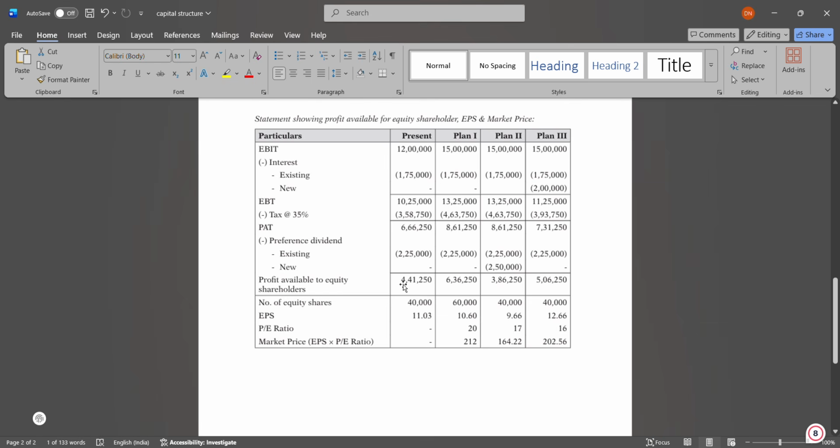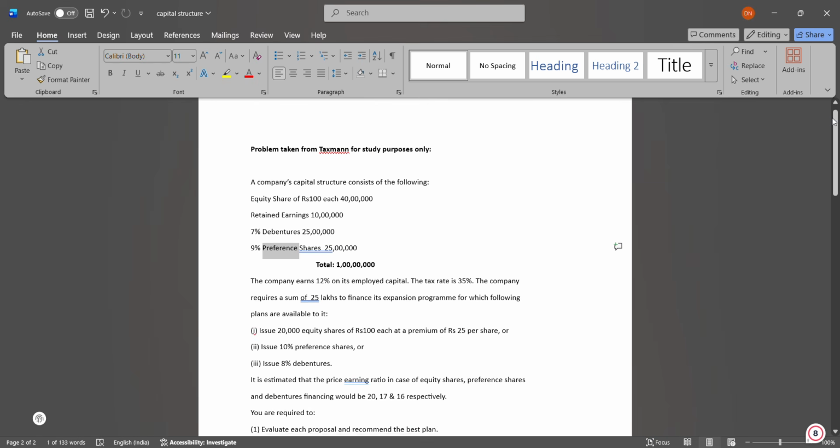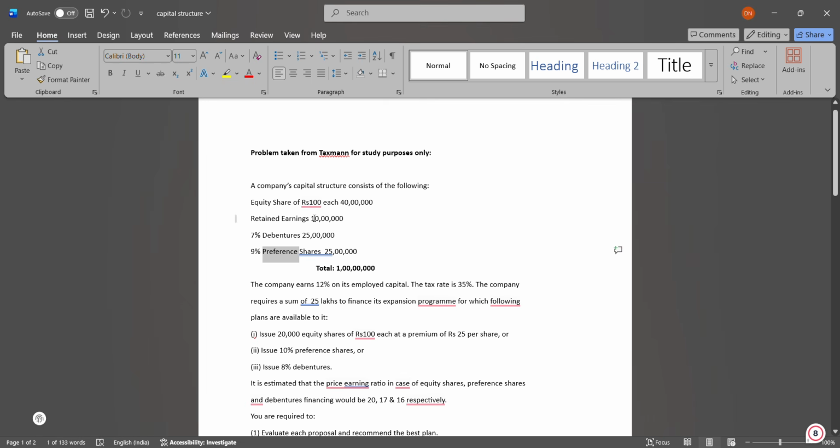So now after deducting the amount, we get 4,41,250, 6,36,250, 3,86,250, and 5,06,250. Now, this is called earning to equity shareholders. Okay. Now, let us calculate the number of equity shares. The number of equity share calculation is very easy, dear all. See, how many